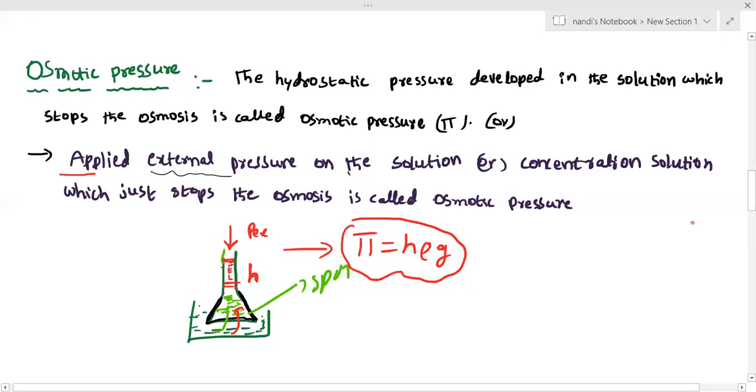That's a simple definition. You can see here that the more the concentration of the solution, the more the height. The more solvent enters, the more the height of the solution increases. Using this, we derive the osmotic pressure equation. Here we are going to use Boyle's law and Charles law. So all these things are there; we are going to use these terms.